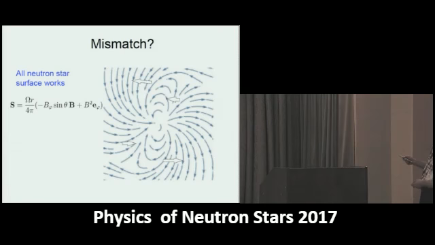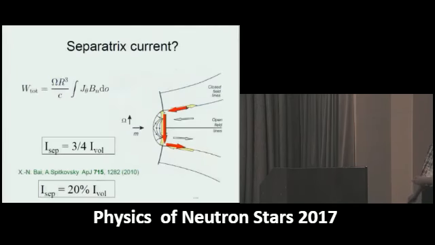So there will be some extra energy flux from the closed magnetosphere to the open magnetosphere. And another possibility is the separatrix current. And in some sense, there was some confirmation of the existence of these additional currents, because in the Bai and Spitkovsky solution, they calculated the separatrix current